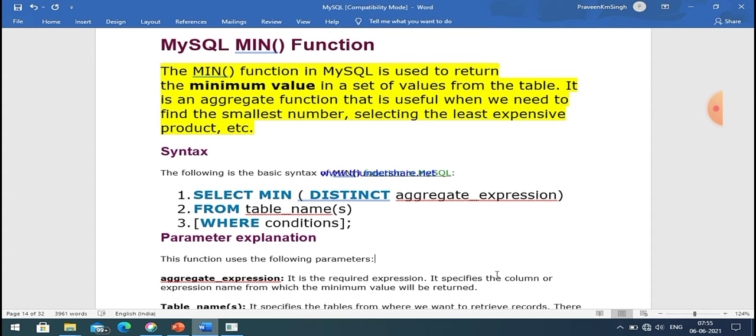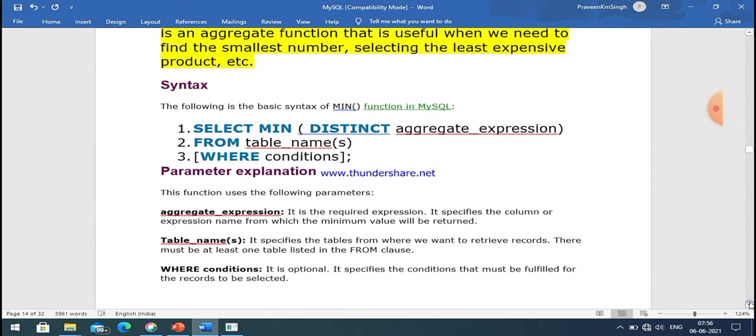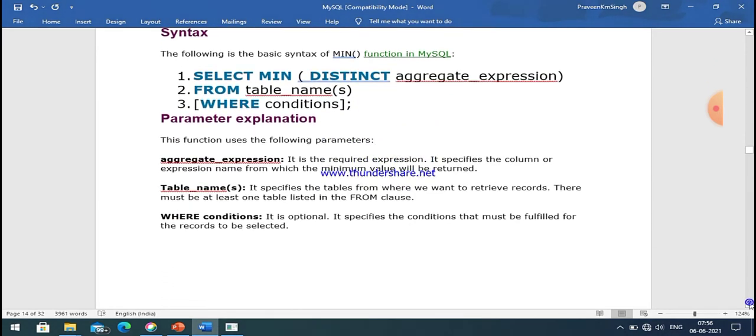So we simply avoid writing distinct or all, because if there are many same values and you have to find the minimum value, in the last case we can see that 10 is repeated 2 times, but whether you mention distinct or whether you mention all, in both cases the minimum value will be the same, that is 10 in this case.